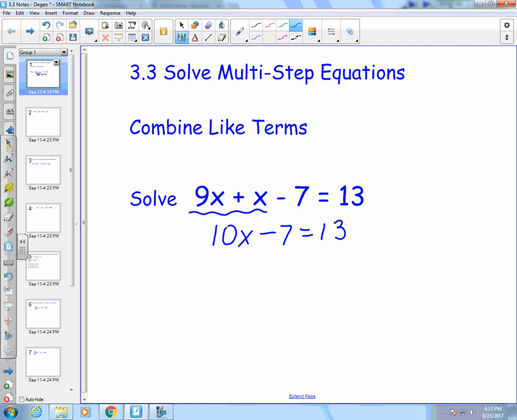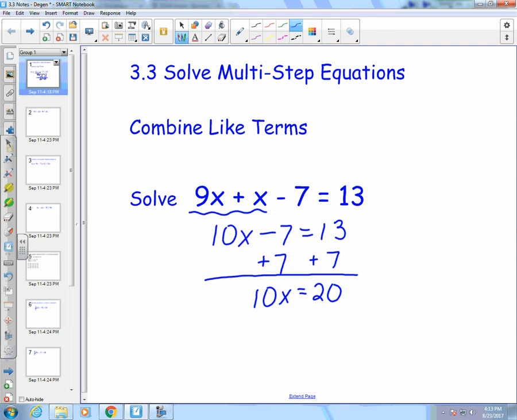Write down the rest of the problem once you have your like terms combined. Then this is set as a two-step problem, and I want to see what you're doing to both sides of the equation. So we have 10x that we're trying to solve for the x. That means we need to get rid of the negative 7. We're going to undo that 7 by adding 7 to both sides of the equation. Once you add 7 to both sides, we're left with 10x is equal to 20, and now you're down to